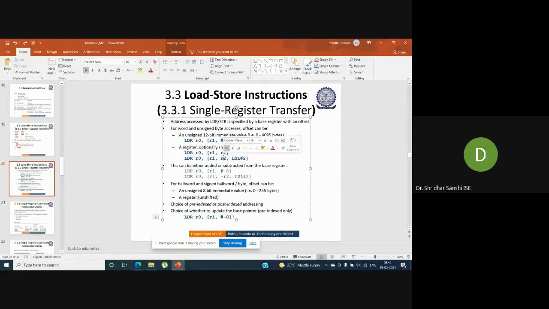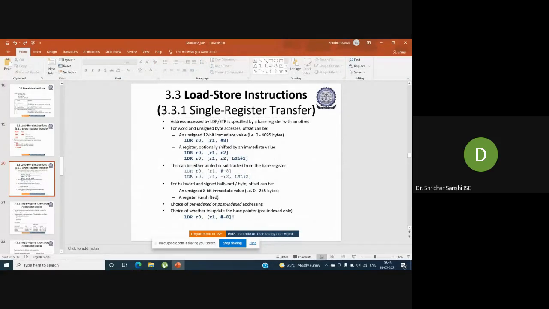The only difference is that it is a signed, negative offset. So the same result: the content of R2 is multiplied with 2 to the power of 2, and it will be subtracted from the base address, and the content of this particular address is stored in the register R0.